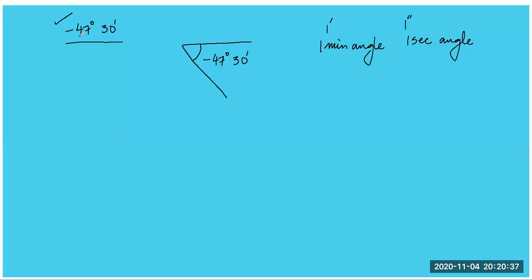So first of all, I forget about the minus sign. I simply concentrate on 47 degrees 30 minutes. I will convert this into radians and I will simply attach the minus sign in the last. This is the way. So first 47 degrees, I know how to convert into radians. What about this 30 minutes? So students, who will tell me how to convert 30 minutes into degrees? First you complete this into degrees. This is in minutes. Convert this complete thing into degrees.